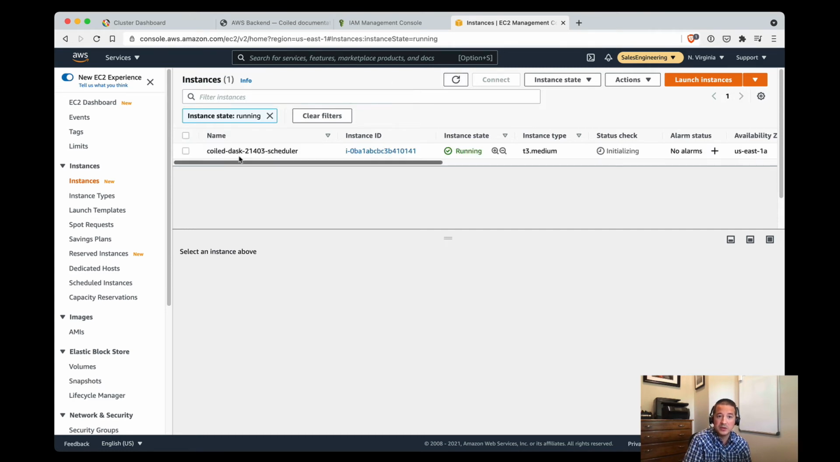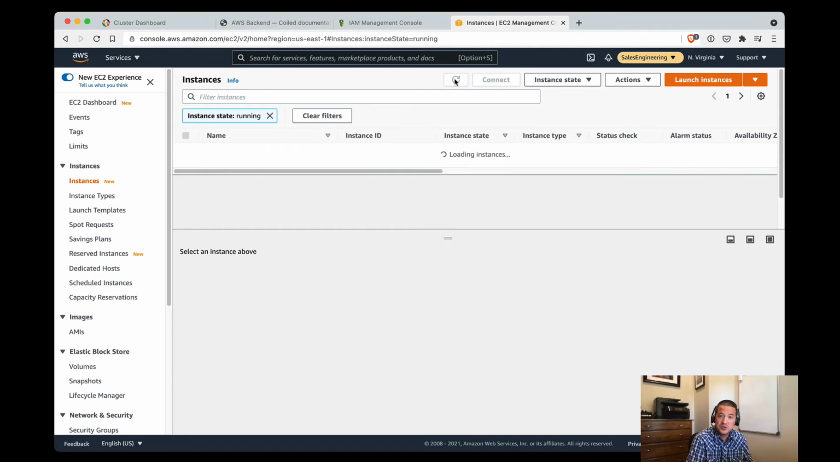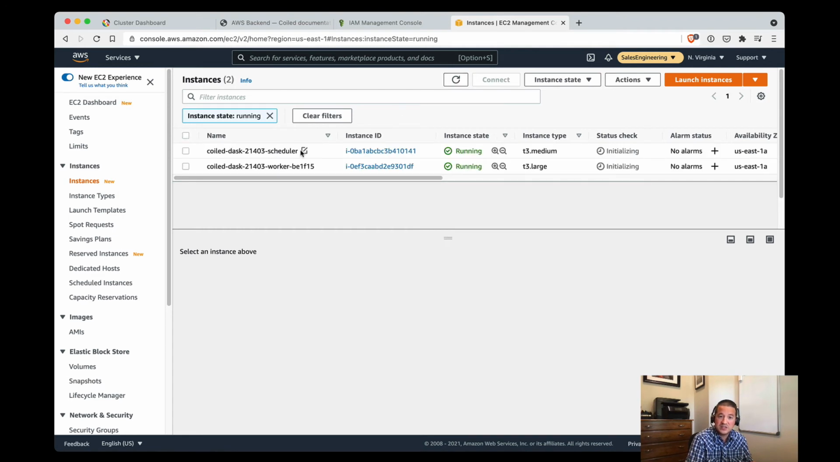So it looks like the scheduler node is coming up, and you'll notice that I didn't actually have to do anything in AWS. Coiled is handling all of this part for me. It will be creating a VM with a scheduler, and then it'll create a number of VMs based on how many workers I asked for. So here I asked for one worker, so I would expect to see two VMs come up,